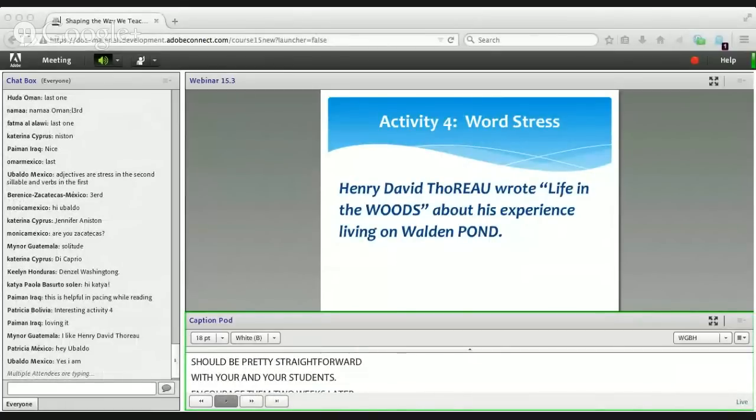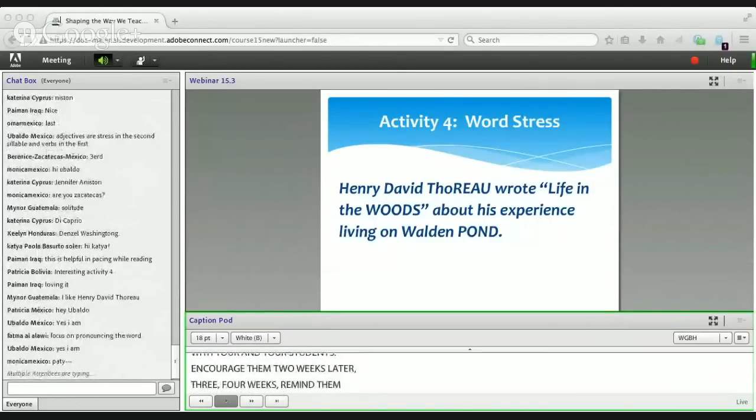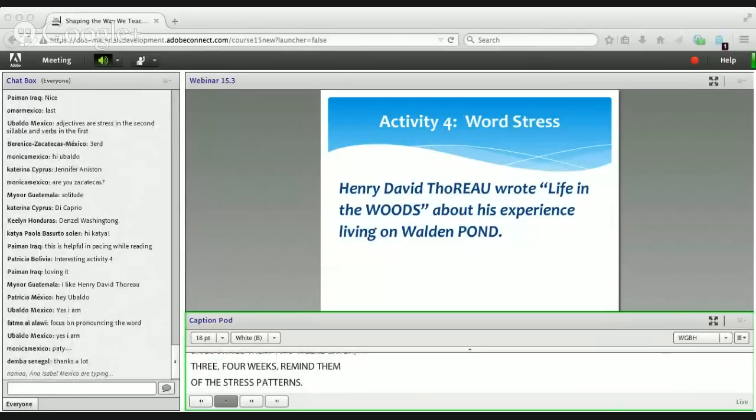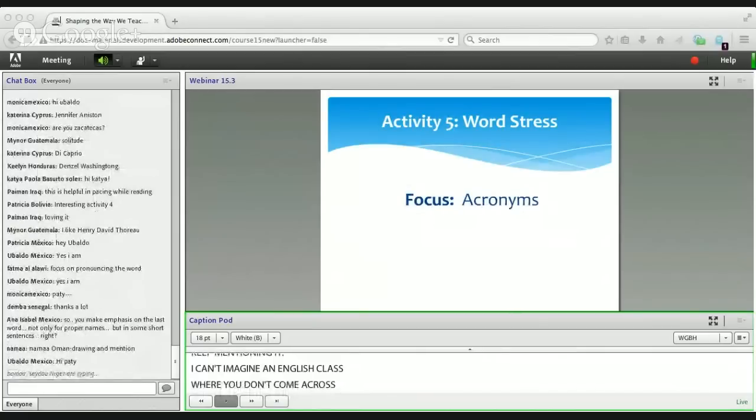So you can bring it up, you teach it the first time, but then keep mentioning it, because I can't imagine an English class in which you don't come across proper names pretty frequently, because language consistently has a lot of proper names. Okay, so hopefully that's clear how you could introduce that into anything, grammar, literature, reading, writing, speaking,